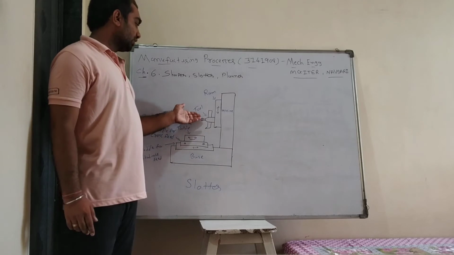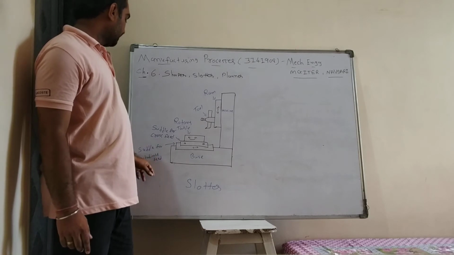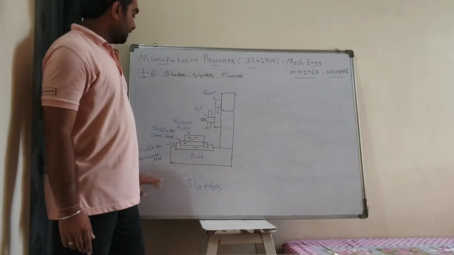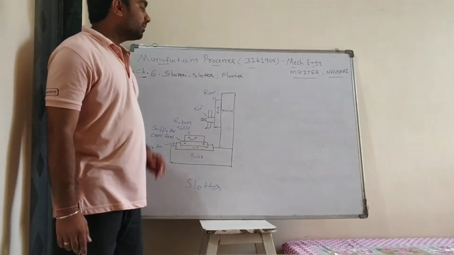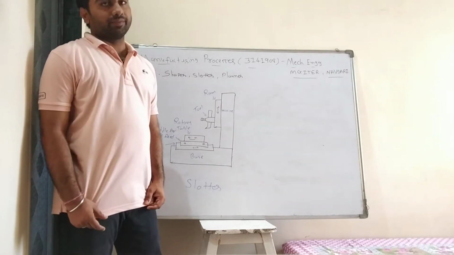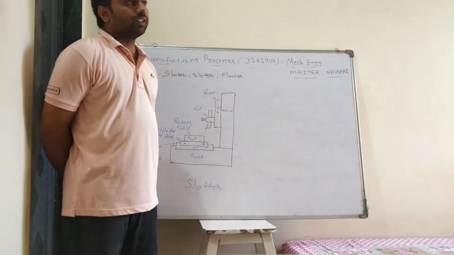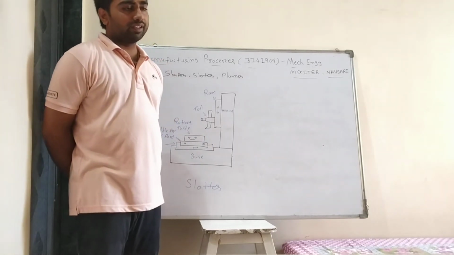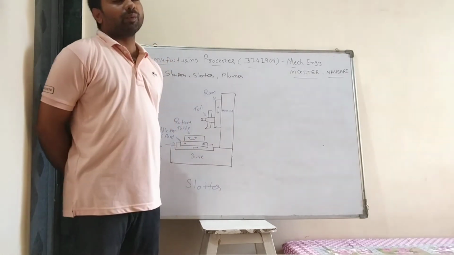Okay, this is the figure of the slotter machine. It shows the tool post, tool, ram, housing, base, saddle for the longitudinal feed, and saddle for the cross feed. This is the rotary table, and then this is the base. It is the simple construction of the slotter machine. In the slotter machine, first we learn about the quick return mechanism used in it. There are different types of mechanisms available, such as quick return and hydraulic, in different machines, but the slotter machine uses the quick return mechanism.